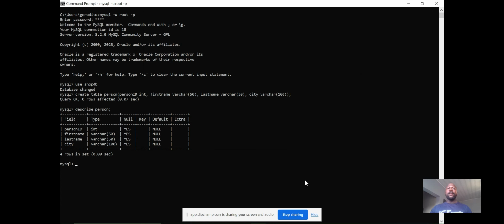Okay, so now the third operation I'm going to show you is the alter table operation. This is used to alter the structure of a table. We can add a column to a table, we can drop a column from a table, we can even change the data type of a column. So in order for us to execute this query, we write